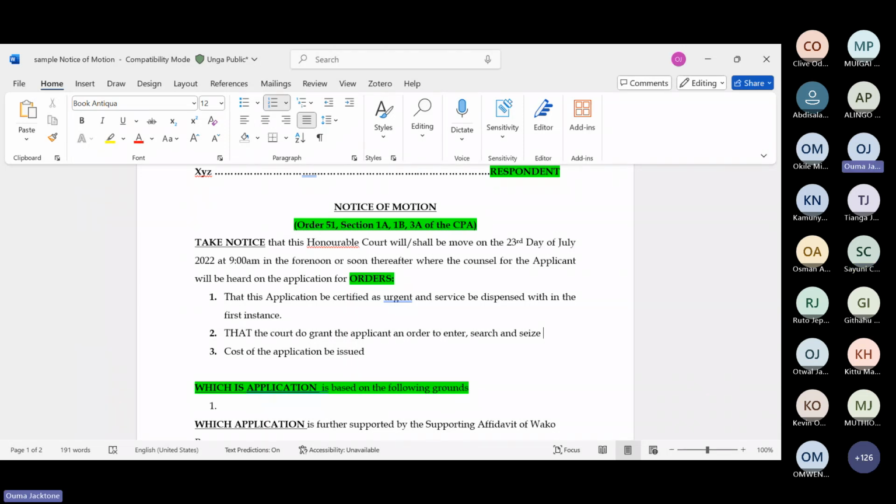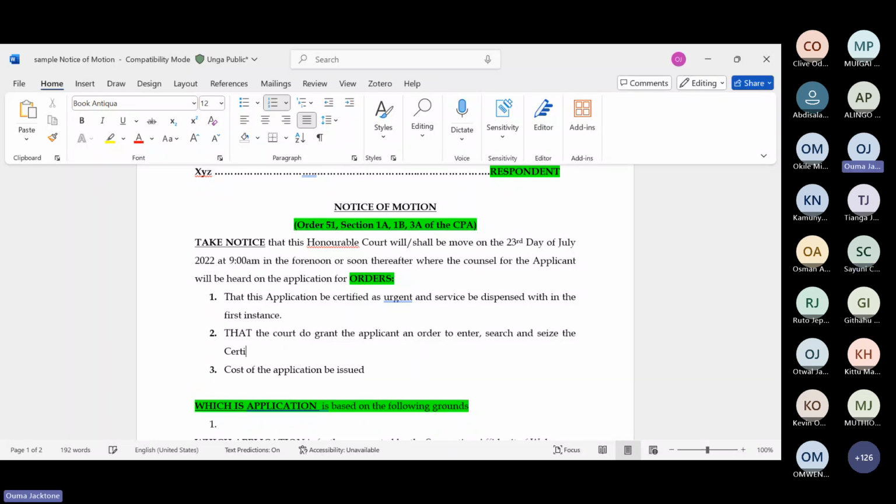Search and seize certificates of title, LR 204 Kajiado. Which document? Maybe there are many. So LR that. You could have another.